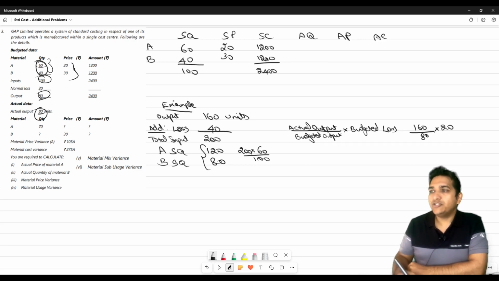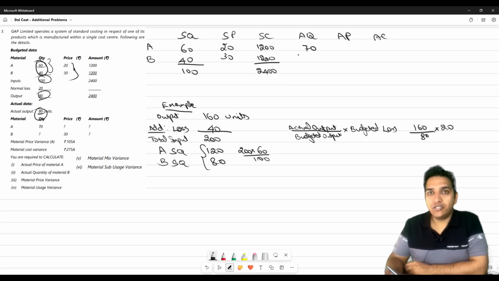Now coming to actuals, they have given actual quantity for A, which is 70. And they have given the actual price for B, which is 30, right? We do not have the actual quantity of B or actual price of A, which we will have to calculate. Next,